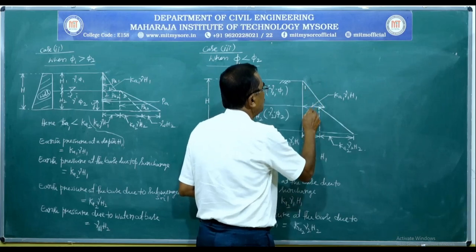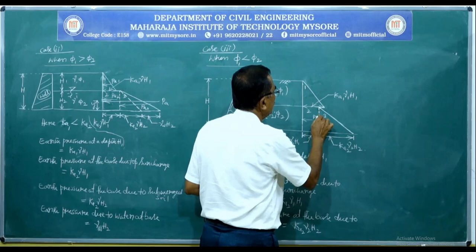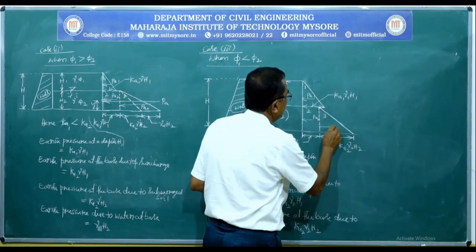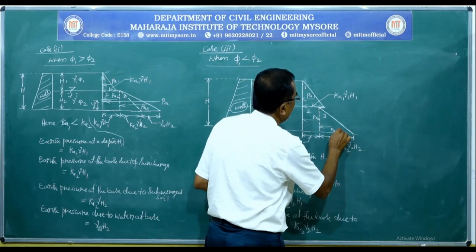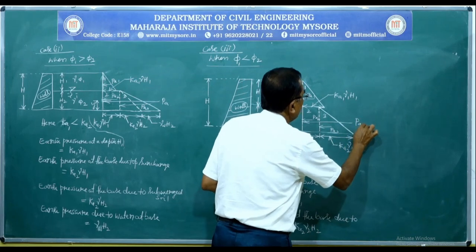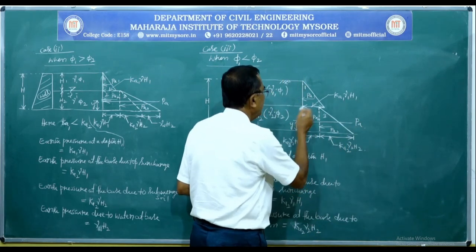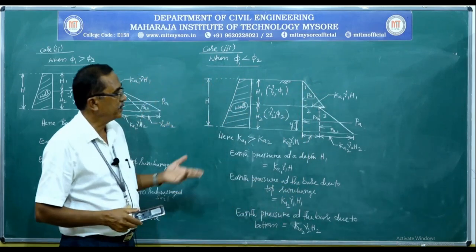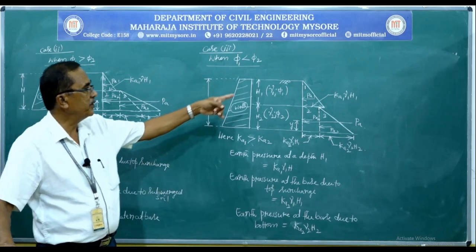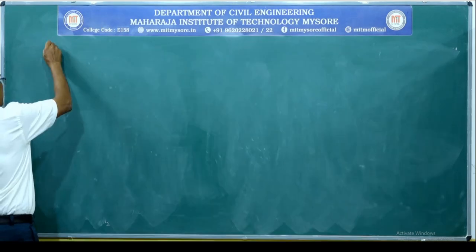Now 1, 2, 3. Then PA2, PA1, PA3. So PA can be marked, which acts at height of y from base. So you can apply the Pythagoras theorem and find the y point of application of PA. PA is equal to PA1 plus PA2 plus PA3. Fifth case,